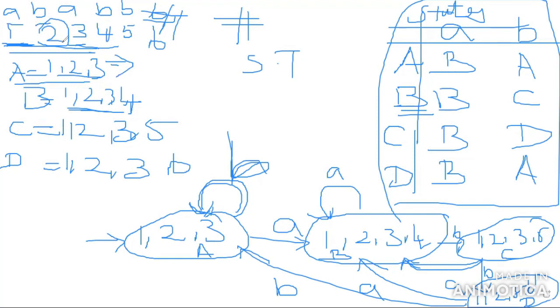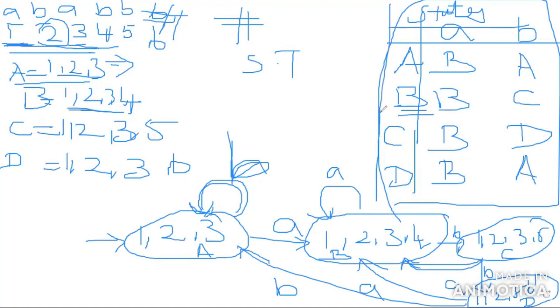In that input symbol of a and b, what is the position of a? The position of a is 1, 3. So you have to check the follow position of 1 and the follow position of 3. Both positions you have to merge, then mark it as a new state. If the state is already available, you write the same name. If it is not available, you mark it as a new state. Similarly, you have to convert completely for the whole problem.